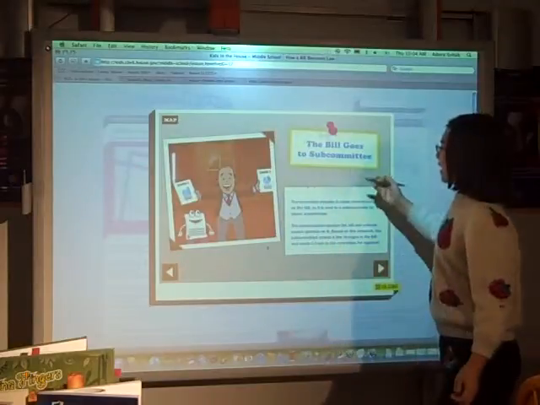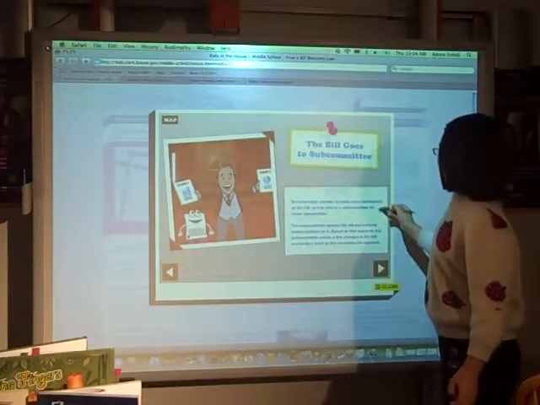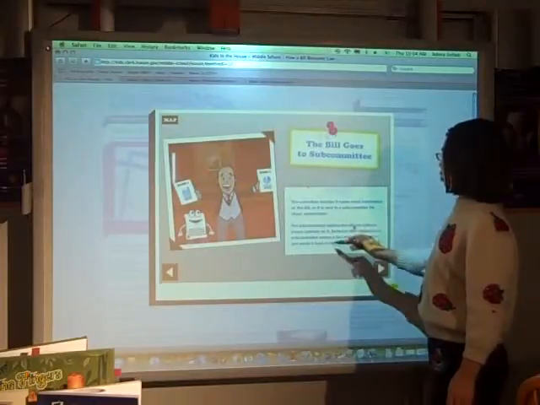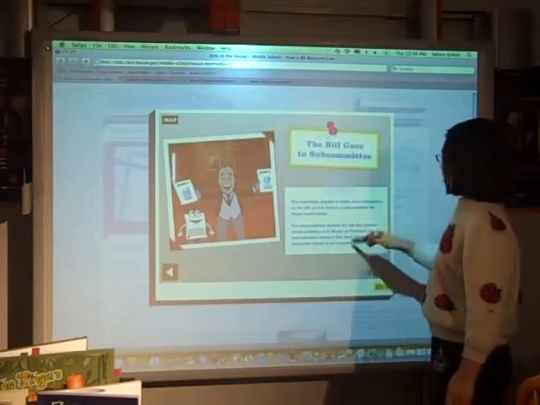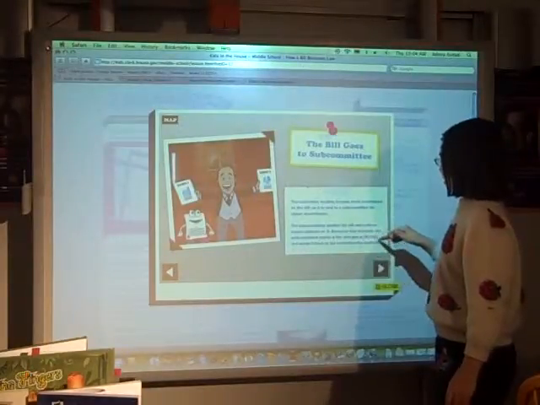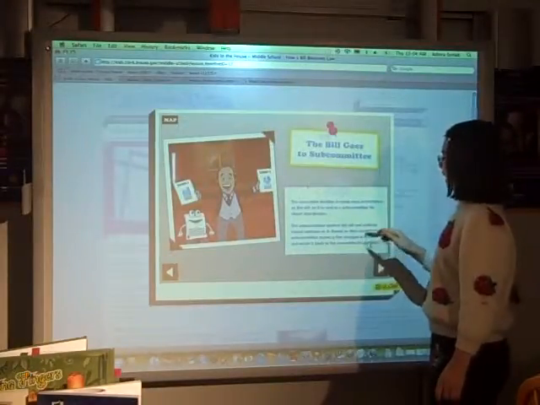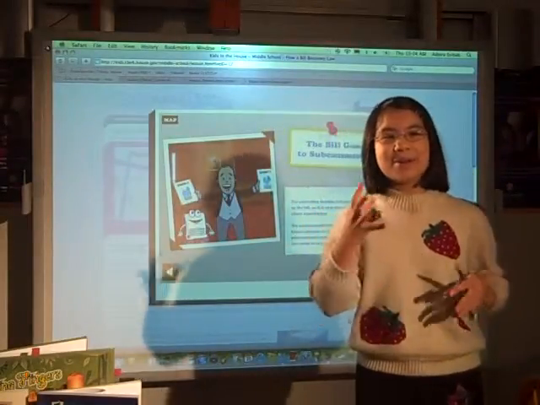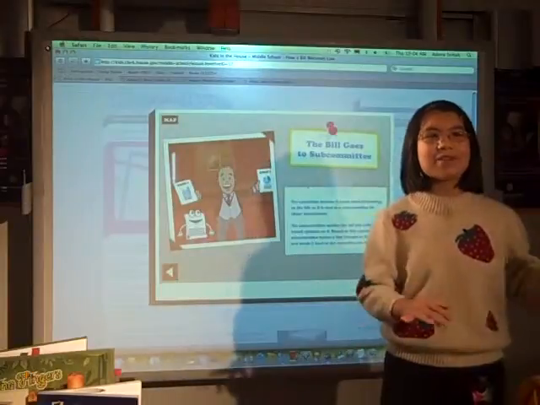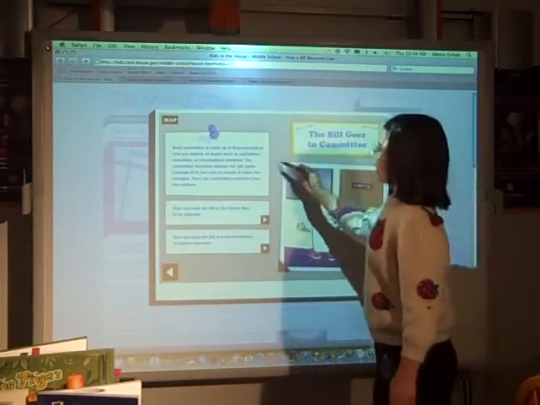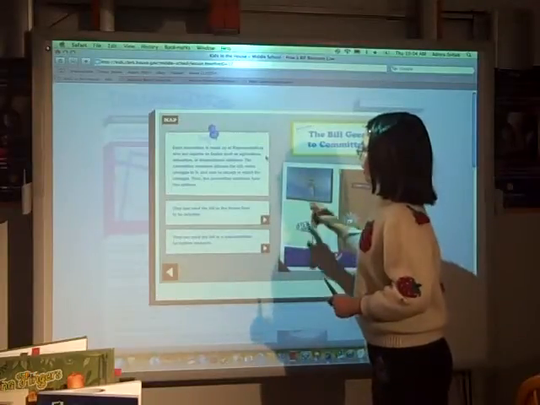That's what we'll do. The committee decides it needs more information on the bill, so it is sent to a subcommittee for closer examination. The subcommittee studies the bill and collects expert opinions on it. Based on this research, the subcommittee makes a few changes in the bill and sends it back to the committee for approval. I know that all the subcommittees and committees might sound a little confusing, but that's what they do. Each committee is made up of representatives who are experts, okay?